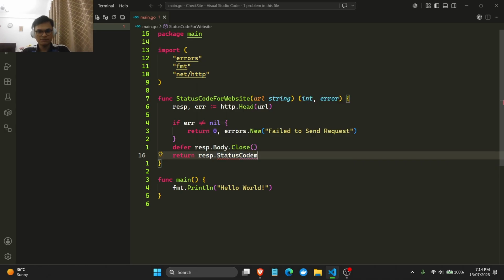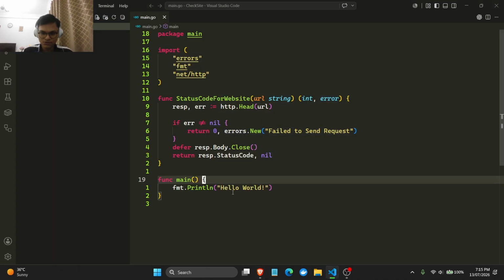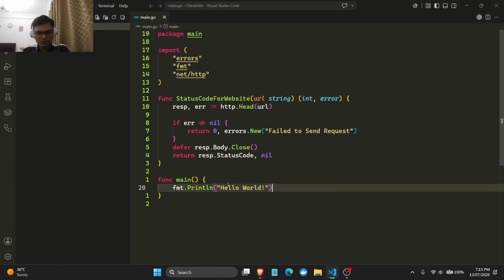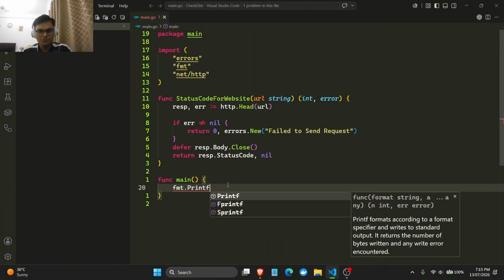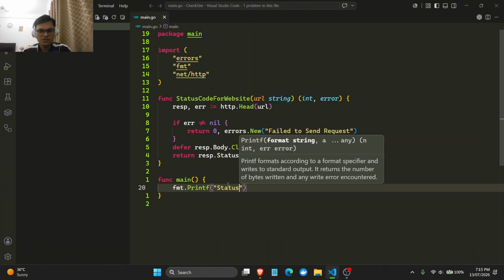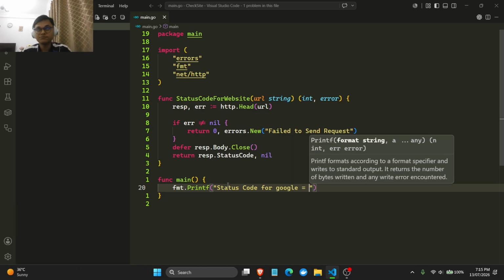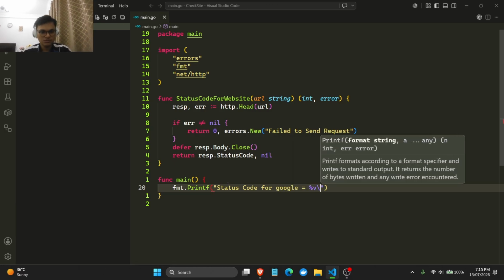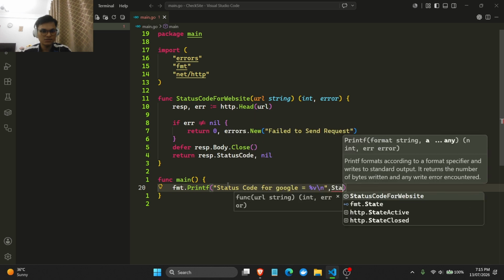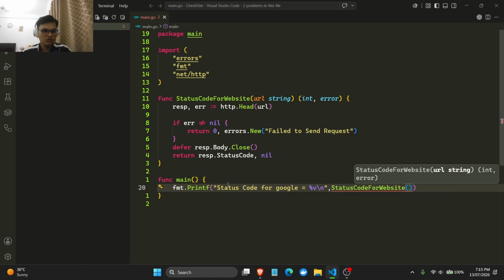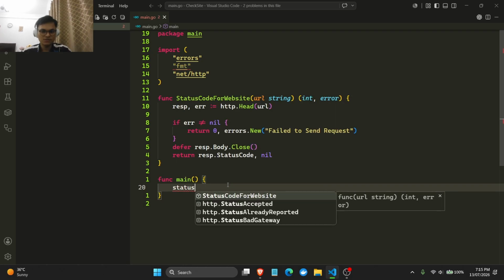Ah, my bad. Yeah, nil. Yeah, right. Okay, chat. So now we have a function that just gives me the status code of a URL, right? So if this is correct, I can do printf status code for Google, and I'll say status. To be honest, you don't want to do this because it's going to say status code